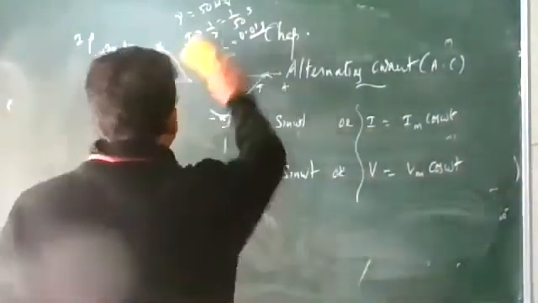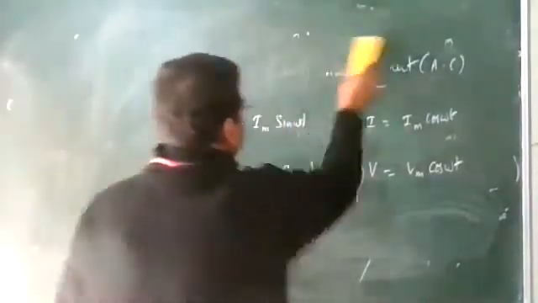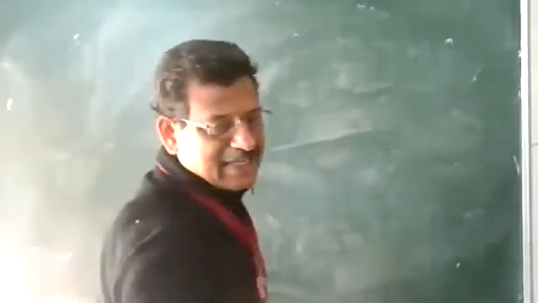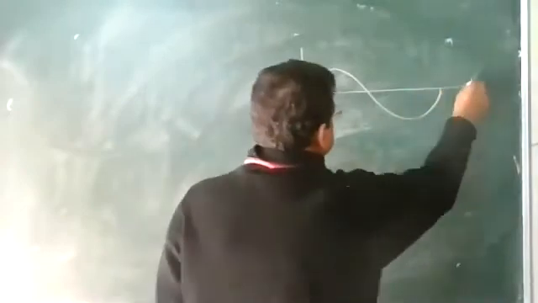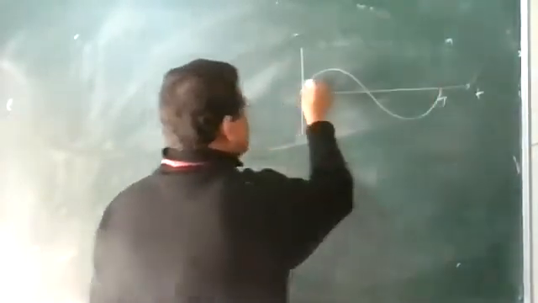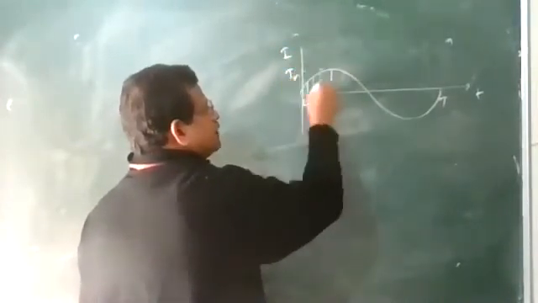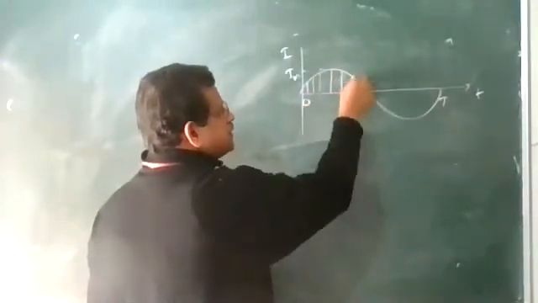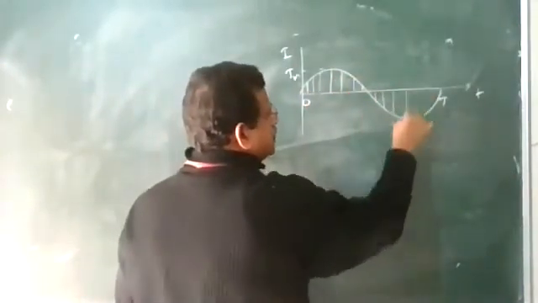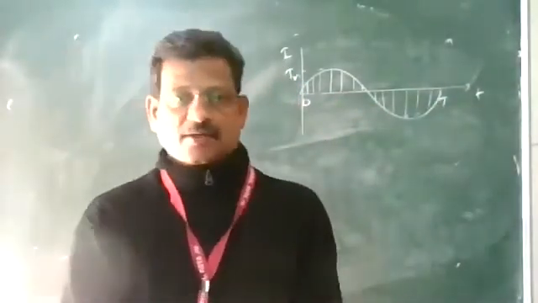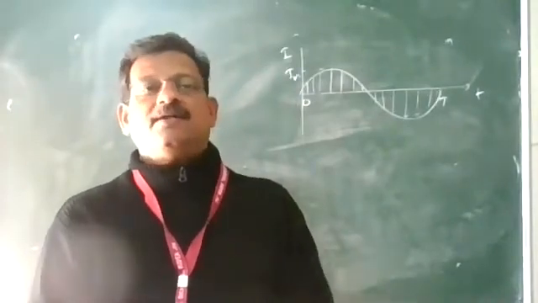Next point. What is the average value of alternating current or alternating voltage over a cycle? Average value is a very important point. So this is your one cycle. One cycle means the time is 0 to T. You have different values of current. Here you are getting the maximum value. It increases to the maximum, decreases to 0, and again increases to the maximum and decreases. Throughout the time 0 to capital T, the values are different.